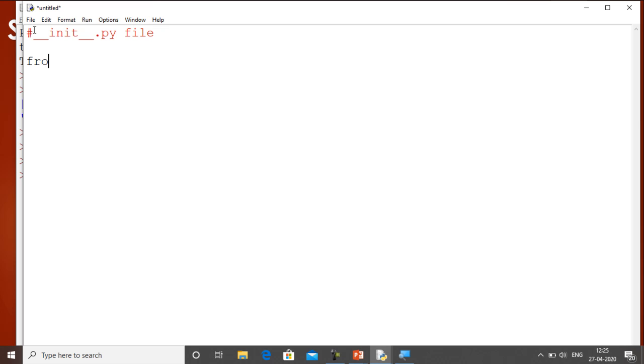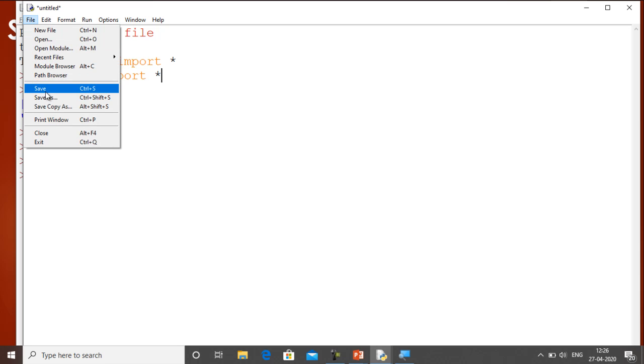Now what I have to write in this file is: from the module name, volume, import, if I want to import all the functions which I have created over there, I will write star, and from area import star. As I pressed star, it means I want to import all the functions which are present in that module. After writing this, I simply save this file.